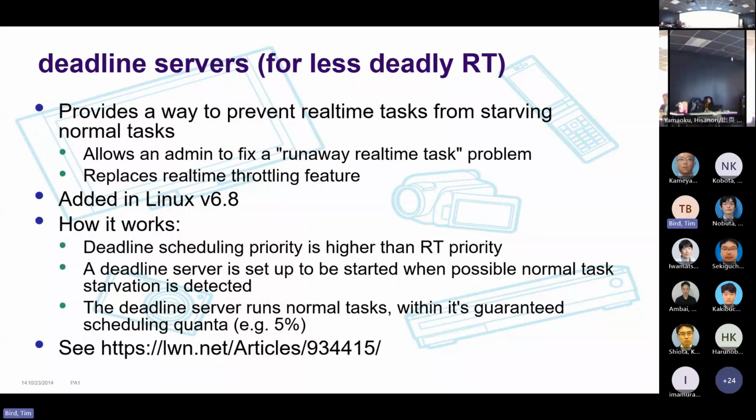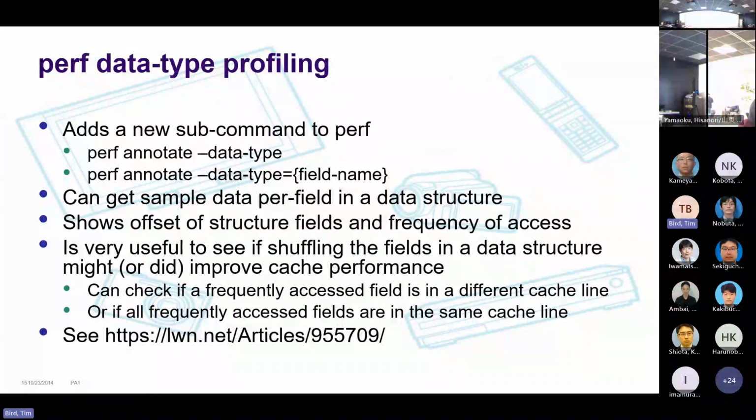And again, because the deadline scheduling is even higher priority than real time, that works. And because it's started on demand instead of running continuously, it takes less overhead on the system. Anyway, if you want to read about that, that's a nice real-time feature that's been added. There's an lwn.net article. And then the other thing I want to focus in on